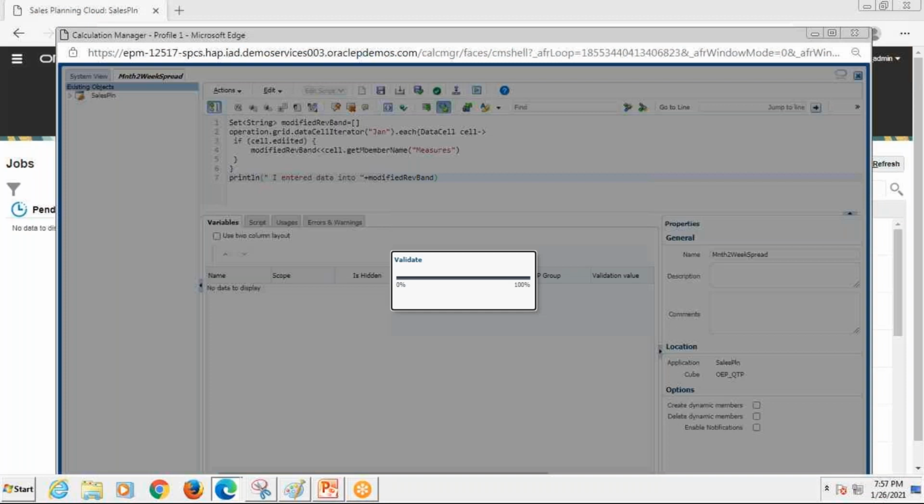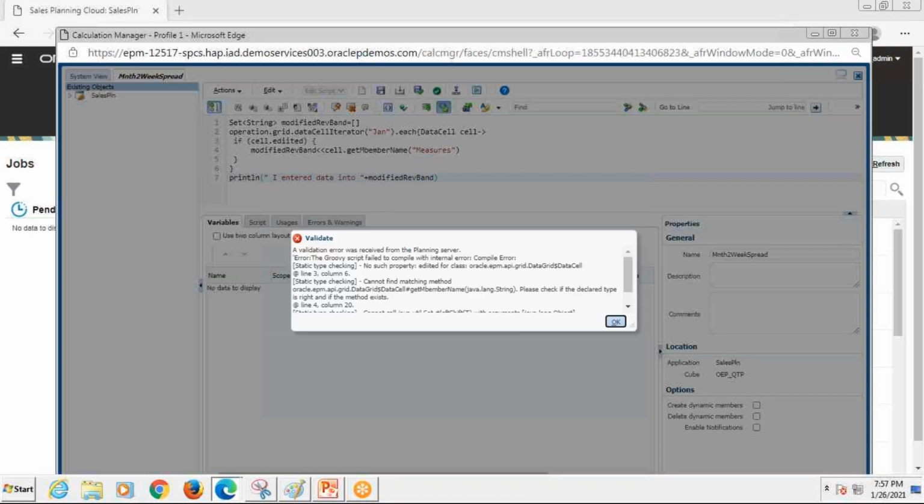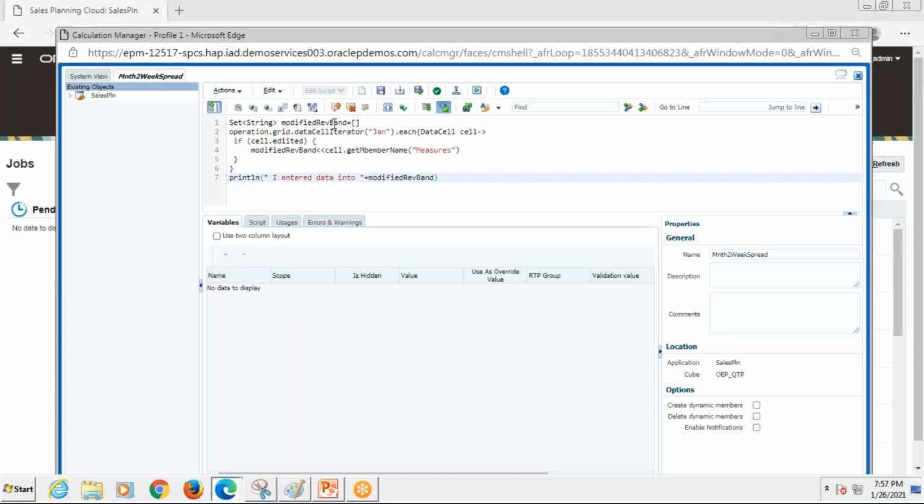Let's validate this and see what the system says. So modify revenue band, set string we have done, operation grid, data cell iterator. The Jan we have done. For each of the member, I'm getting a particular cell, then cell got edited, EDI double T, minor mistake, edited, modified, it looks fine.